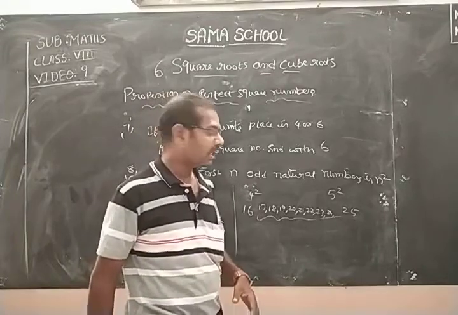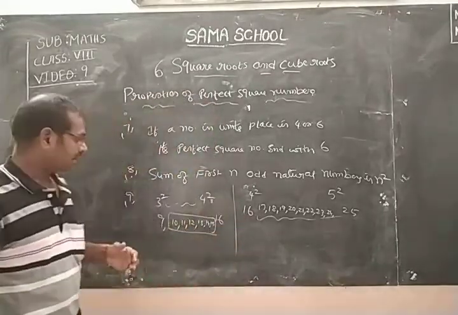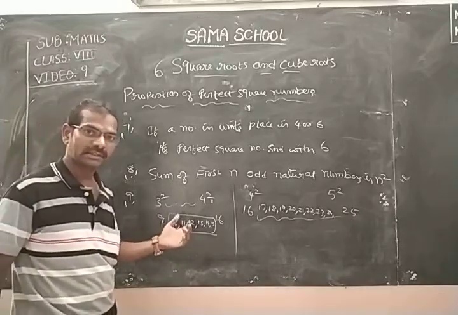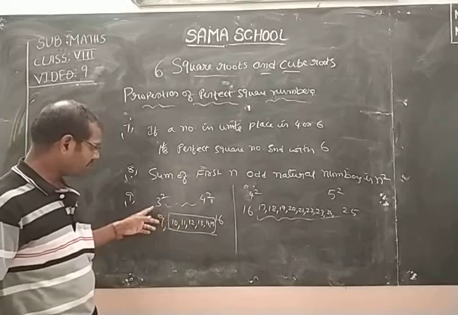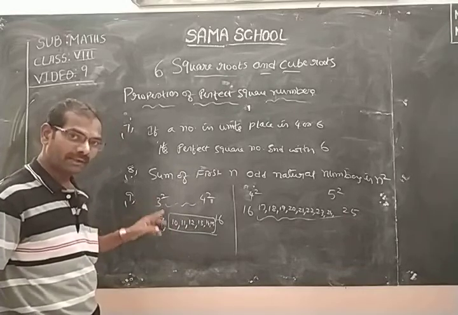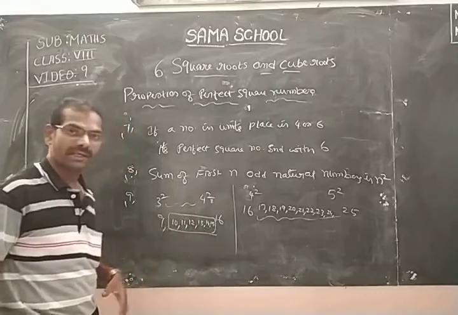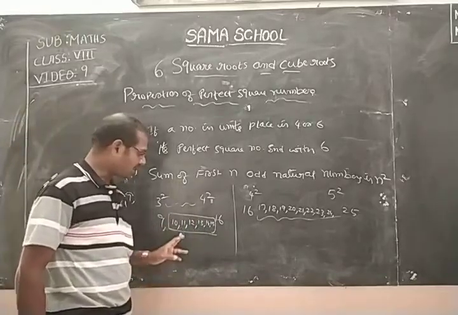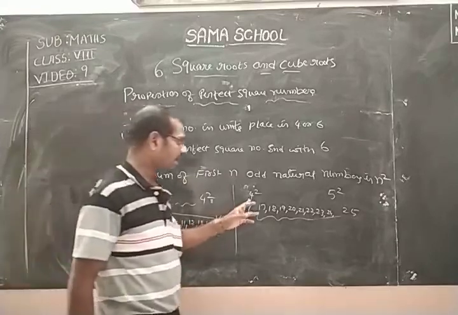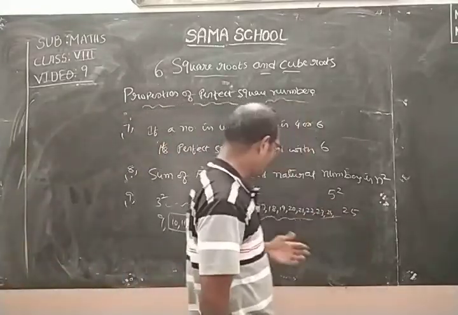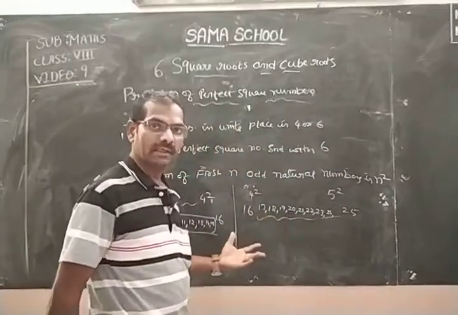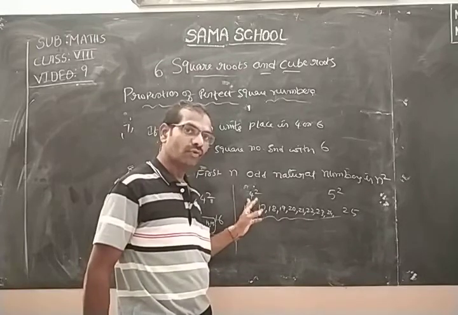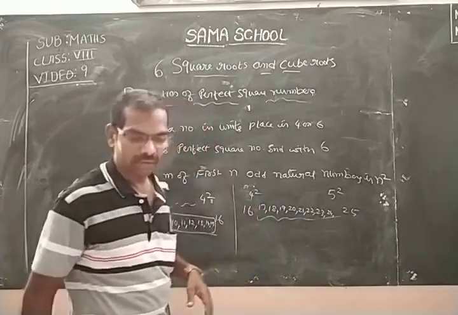In that process, what is the conclusion? The number of non-perfect squares between two consecutive squares: here the first number is 3. When multiplied by 2, we get the middle non-perfect square numbers. So 2 threes are 6. You got 6 here. In the same way, between 4 square and 5 square, the middle non-perfect squares are 8. How can you conclude this? You have to multiply this number with 2. 4 twos are 8. Okay.